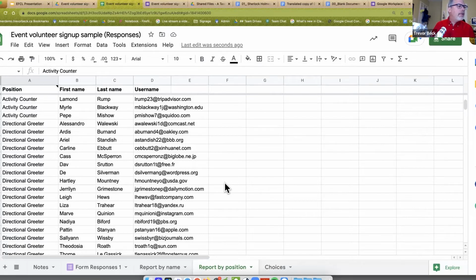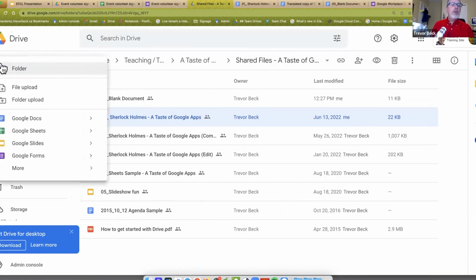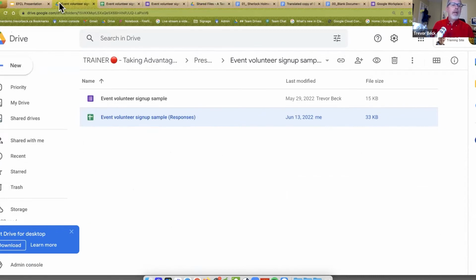How do you create that original form tab? Just a quick look at the questions here. How do you create the original form tab? Are you talking how do I create the original form? That is within Google Drive. Again, I'm not going to spend a lot of time on that, but when you go to new here, one of the things is Google Forms. You can create a form there.